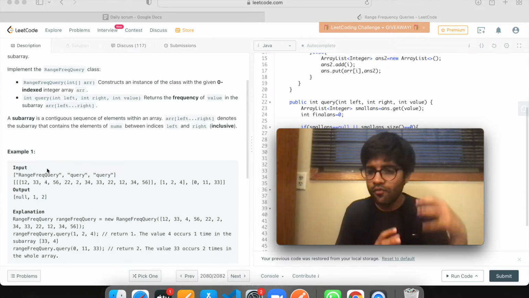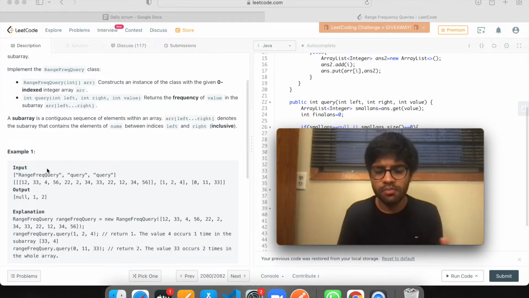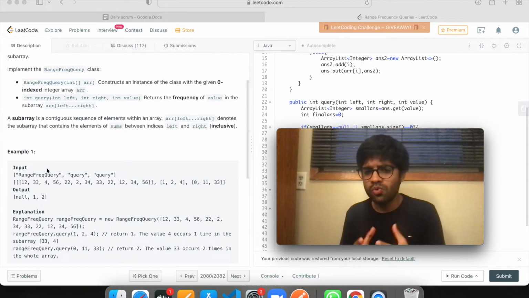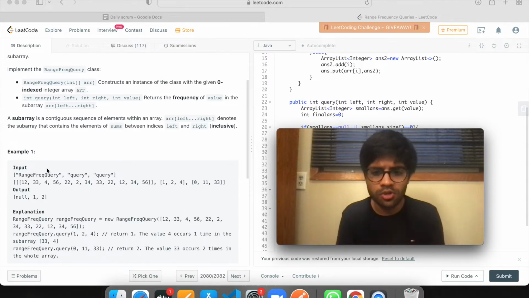Obviously we need another data structure, because segment trees can tell you about a particular range, but they are more about telling you the minimum or maximum element in that range, or problems like that. What we need is to tell the frequency of each and every element in a particular range. So solving it with segment trees was not possible. We definitely need a combination of data structures. And when you talk about frequency, I thought about using hash maps to save the frequencies.